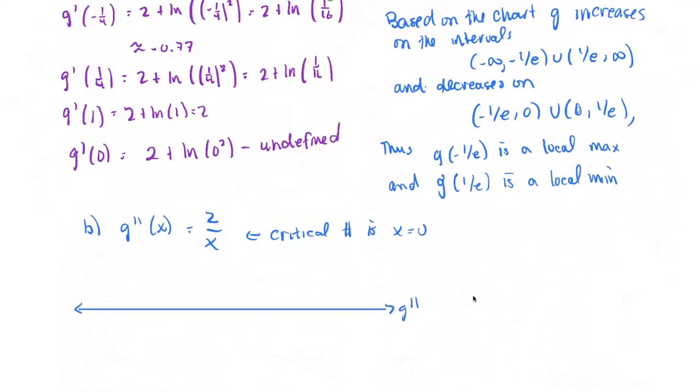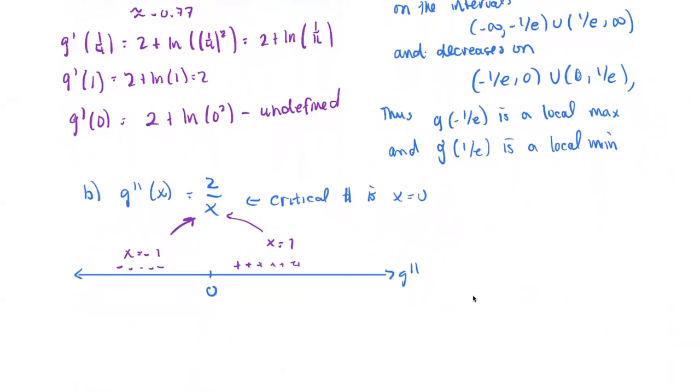So the number chart for this case, g double prime, there's the 0. You pick, let's say, something like x equals 1. This one's an easy one to do in your head. You plug x equals 1 and you see that gives you positives. And then you plug in x equals -1 and you see that gives you negatives. If you can do that quickly, that's great. That's why I picked this one. Based on the number chart,